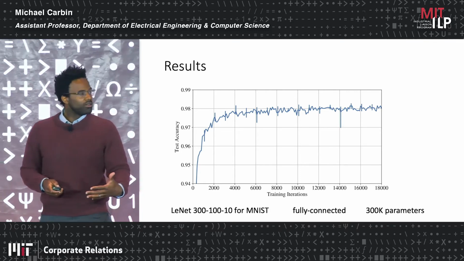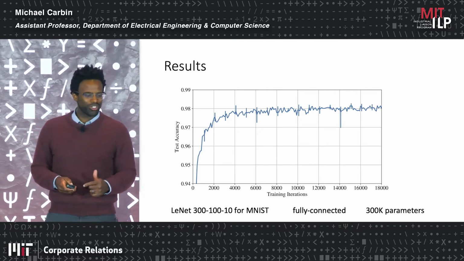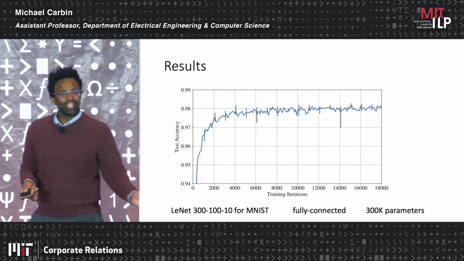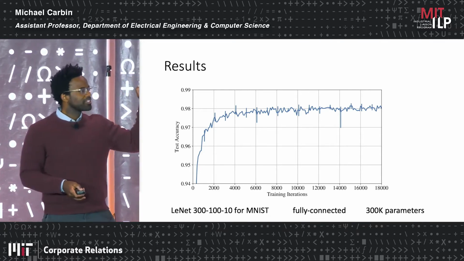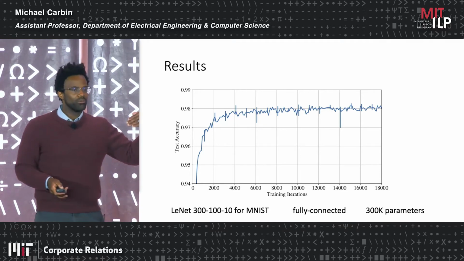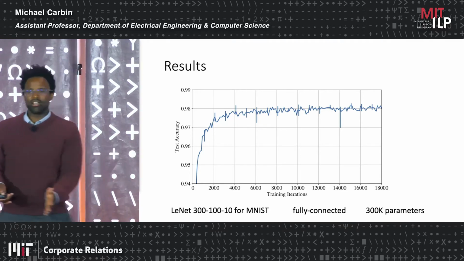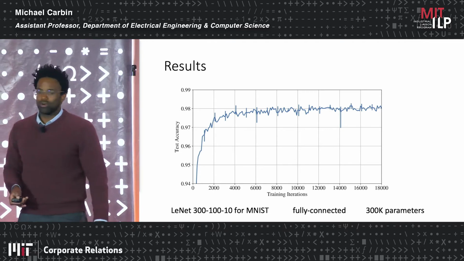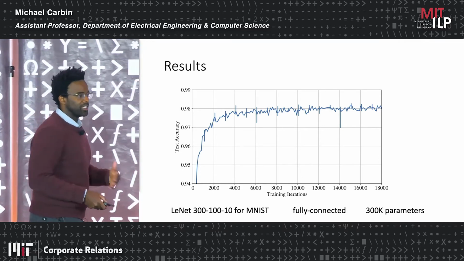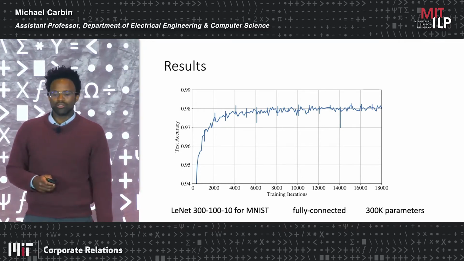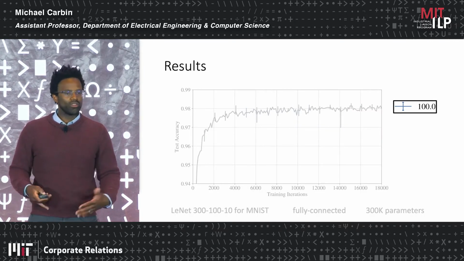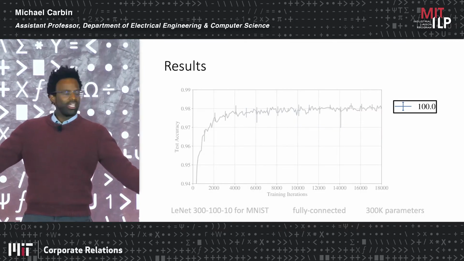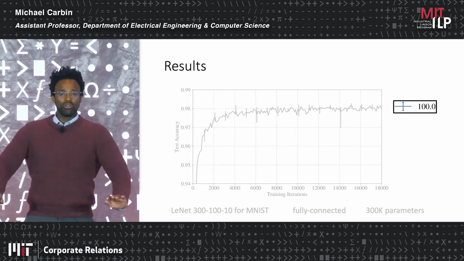What I've shown here, somewhat similar to what we saw with Jacobi, is a training curve. On the x-axis, we're looking at the number of iterations that's going on during training. On the y-axis, we're looking at the test accuracy that we have in the model. And over time, the model gradually improves, right? Or significantly and then gradually improves to this accuracy that we care about. Now, this blue line is the model with 100% of the weights remaining. So this is just the standard model. We've removed nothing.